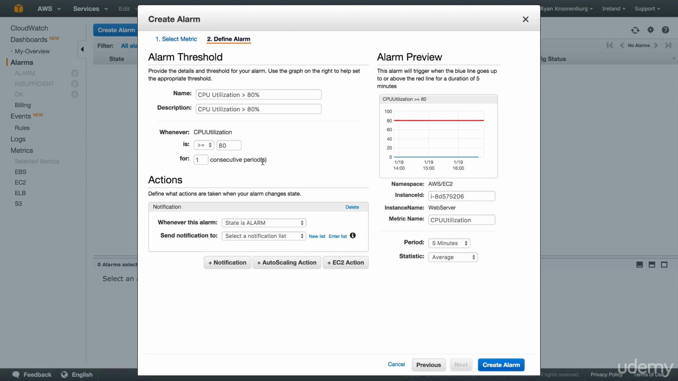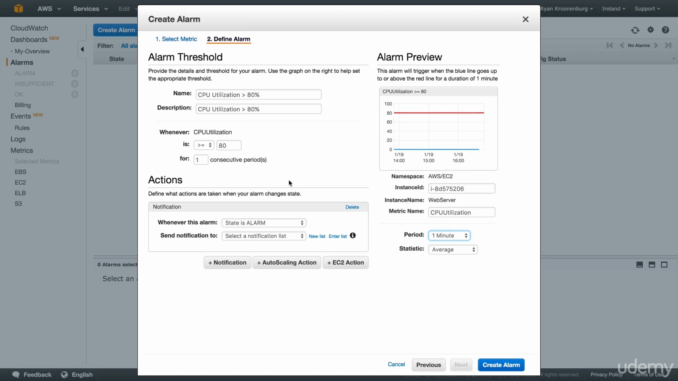So you might be wondering, where do you set the periods? It's actually just down here. So period is 5 minutes. So I might just say 1 minute. So this will generate an alarm if my CPU utilization goes over 80% for 1 minute, and then it can take actions. So whenever this state is in alarm, send a notification, and I can go ahead and hit new